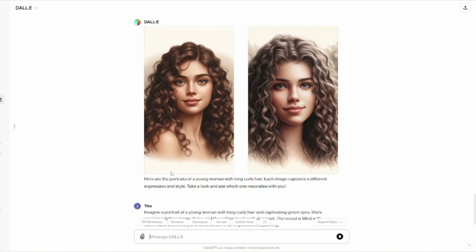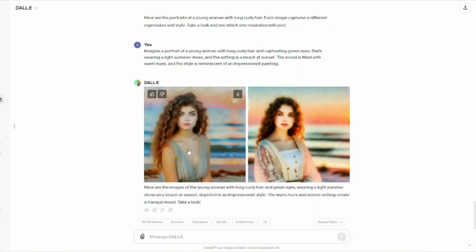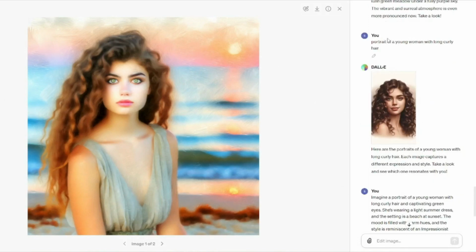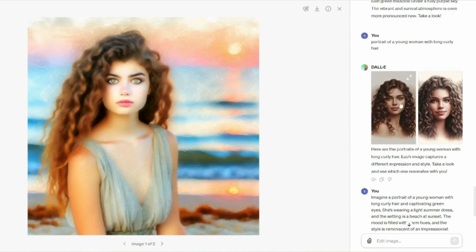So now if we go ahead and generate this image, this is the final image, you guys. This is an absolutely perfect impressionist painting. It looks like a painting. Previously, our image was really dull. We didn't know exactly what we were looking for, but now, with the help of a few characteristics, we have